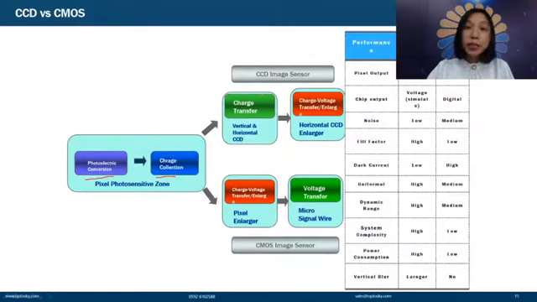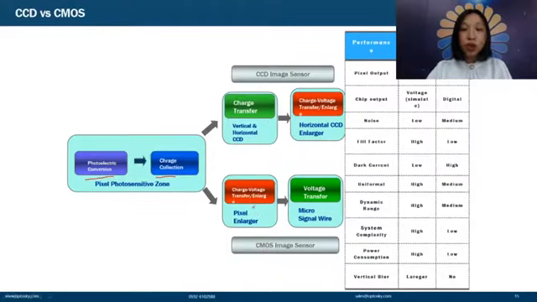But the difference is that CCD does charge transfer, and the charge is transferred as voltage. So CCD transfers an analog signal, but CMOS can transfer